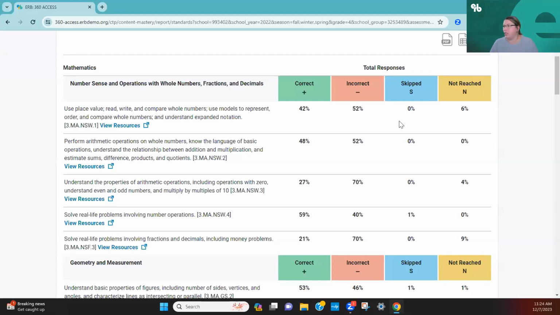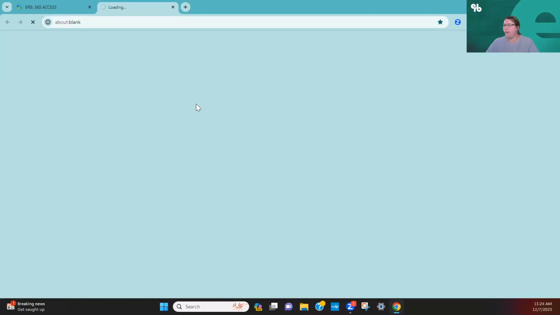So I would encourage you to take a look at those last two columns, the number skipped, and then also the number that were not reached at all. And that might start to tell us something about how our students are responding. And as we look again, we can see resources available. So when we see using place value, reading, writing, and comparing whole numbers, if I click view resources,